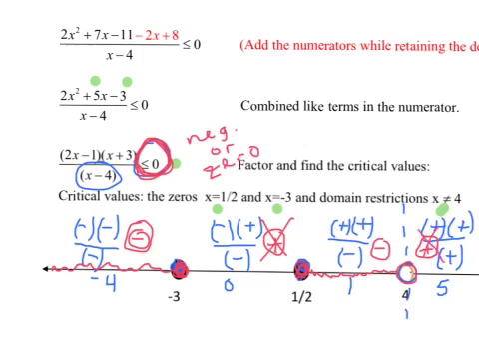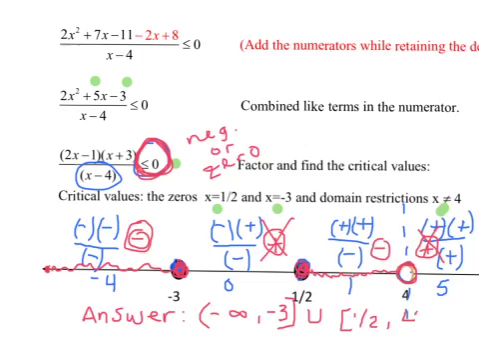So ultimately, my answer is going to be this region to the left, which starts at negative infinity and goes to negative 3. We want to include the negative 3, so I put a bracket. The second region starts at 1/2 and goes to positive 4, but I don't want 4 included, so I'm going to put a parenthesis. And that is it, ladies and gentlemen, in less than 7